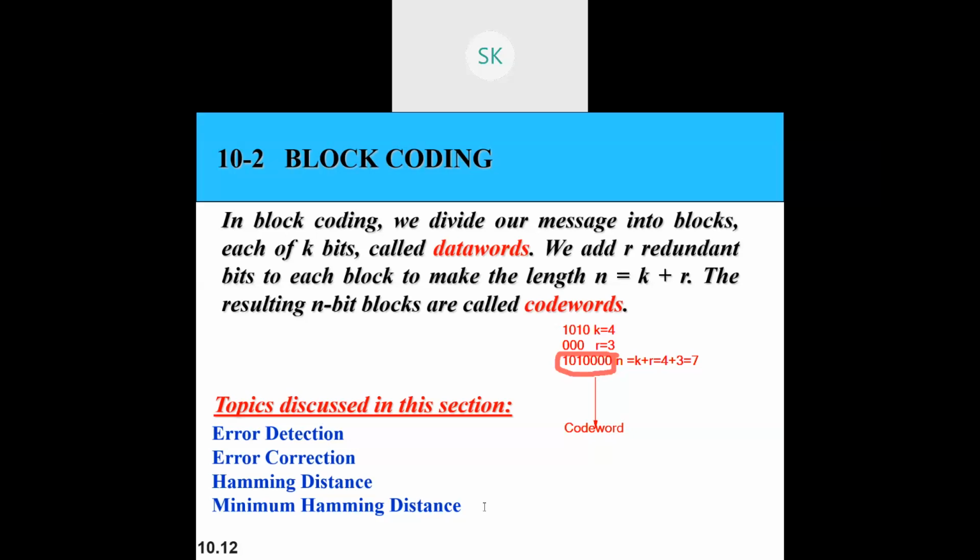What is this Hamming distance? Hamming distance is nothing but the changes that you have with respect to your data that has been transmitted and the data that has arrived at that particular point of time. Say, for example, if you have a code, you need to have it at the beginning itself. Without that, you cannot send that particular data bit.